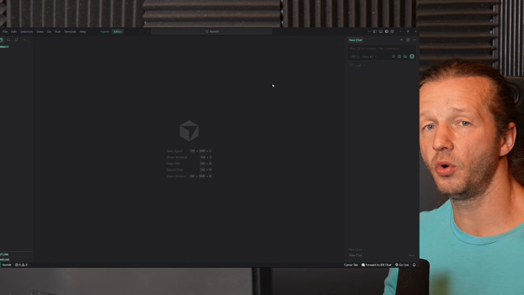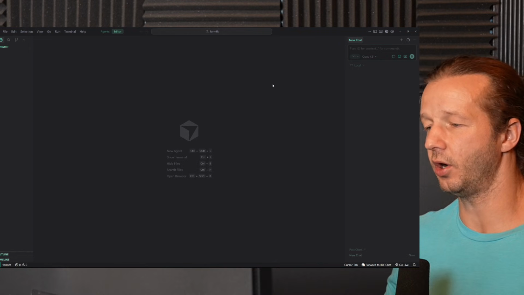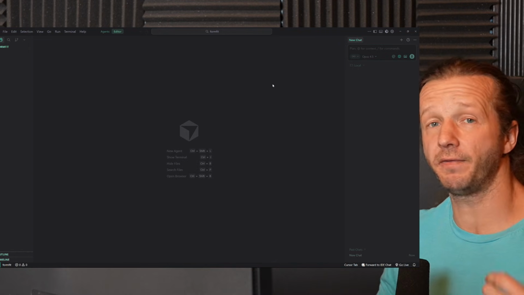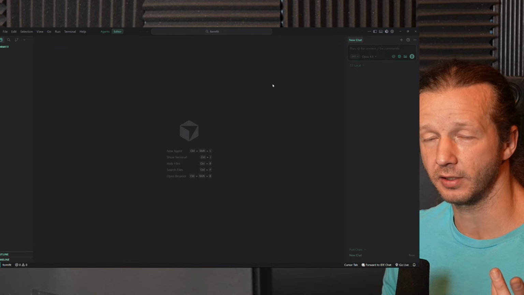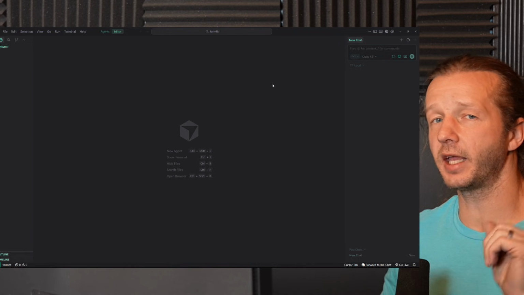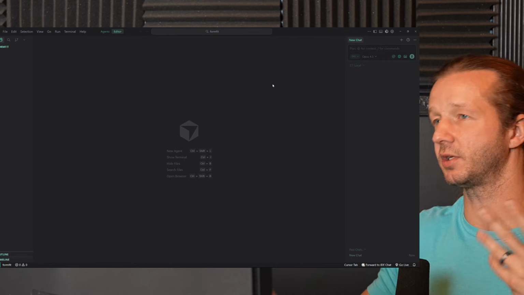Now, if you are entertaining the idea of having logins, user registrations and stuff like that, then it would benefit you to use something like React. So it really just depends on your use case. And even in that case, if you do have a SaaS, like software as a service, you're building some type of thing that has